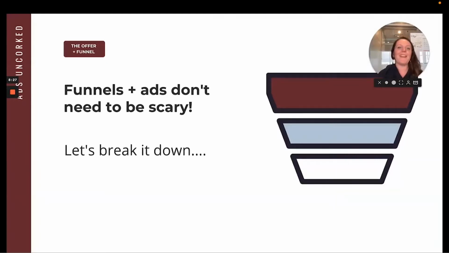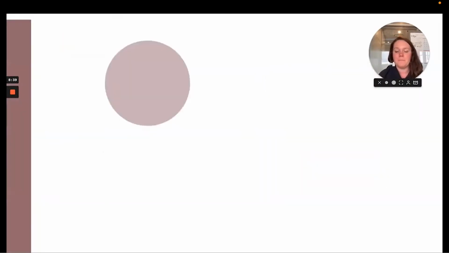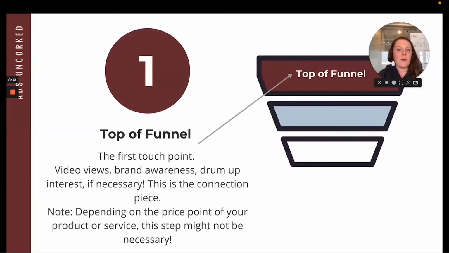Let's take a step back. They do not have to be scary. They don't have to be gross. Let's break it down into all of the individual elements to get a full picture of what this looks like, especially tying in what we've already talked about here today. All right, so first,